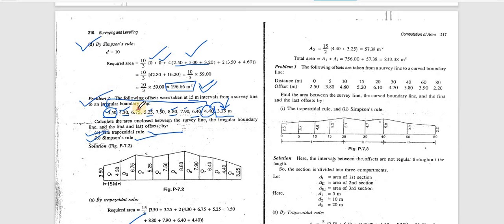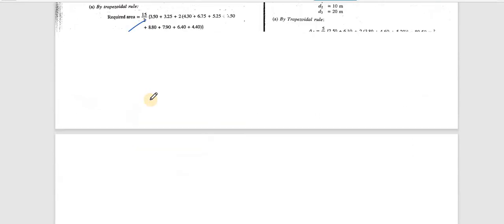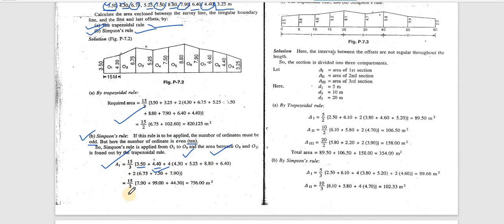And odd numbers are this value: 6.75, 7.50 and 7.90. So after applying this, we get the final value as 756.0 meter square. Okay, and the next part, which is your 9th and 10th boundary, we will try to calculate